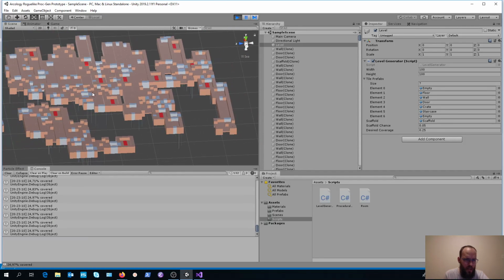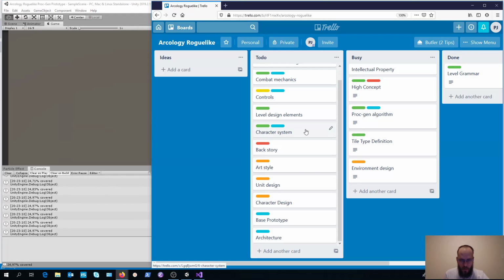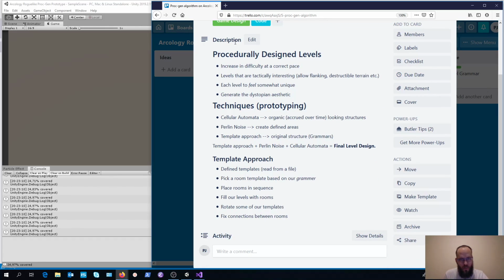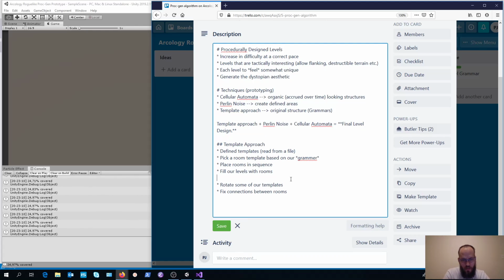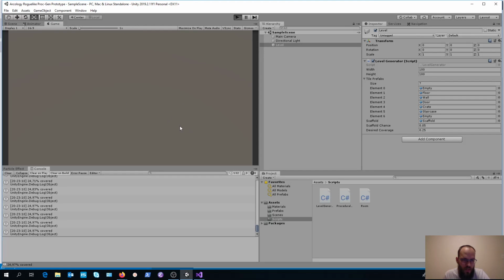We've got nice spread, but what we really want to do, let's see if we actually add it to our, let's update that. We want to fill our level with rooms, which we can do pretty well, at least now, but we want to prevent too much overlap. Some overlap is fine, but we don't want this kind of stacked effect where we can have three hallways on top of each other. Let's see if we